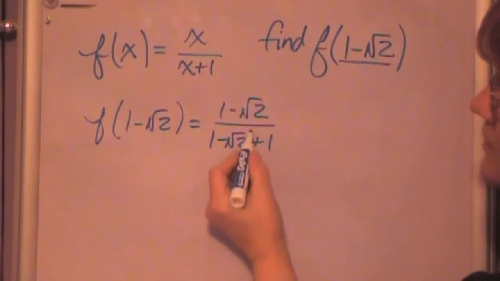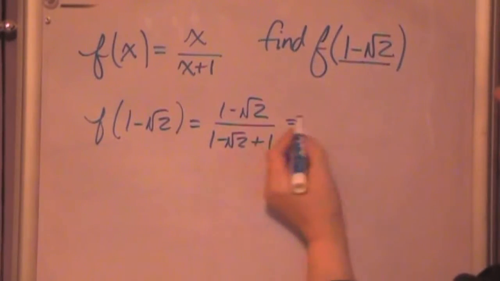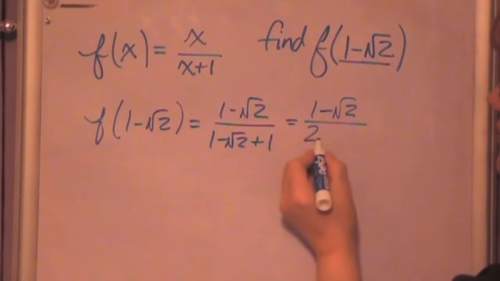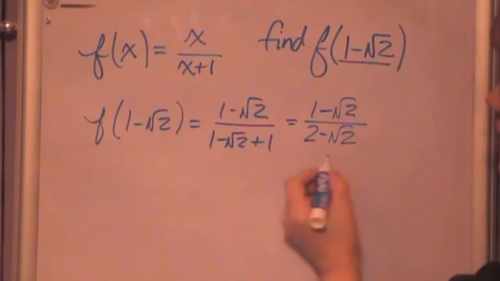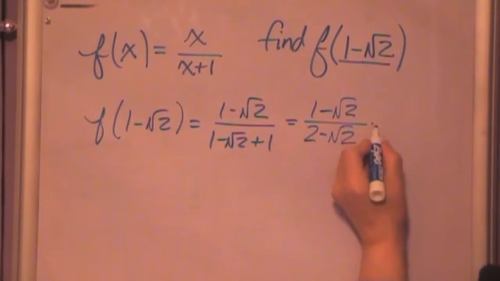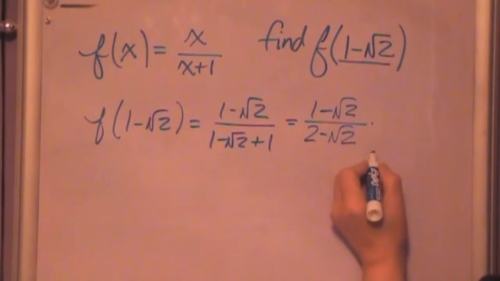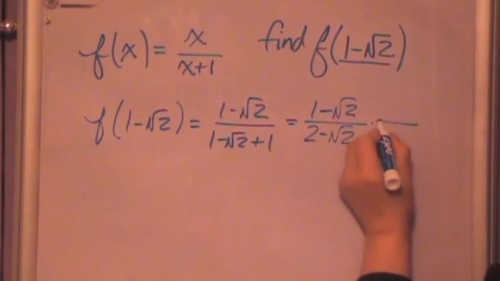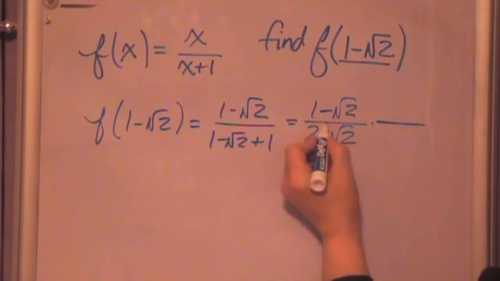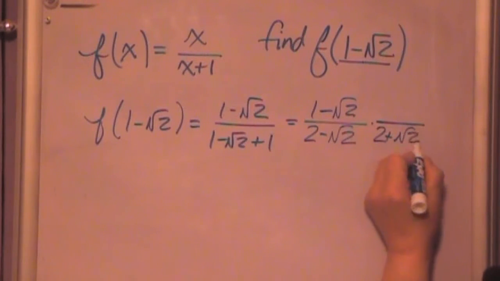Okay, that's the x right here. Now, let's simplify this. 1 minus root 2 over 2 minus root 2. Well, now I have to rationalize this denominator, so I'm going to multiply this by 2 plus root 2, because the middle term will drop out there, and I'll end up with a rational number in the denominator instead of an irrational number. So 2 plus root 2